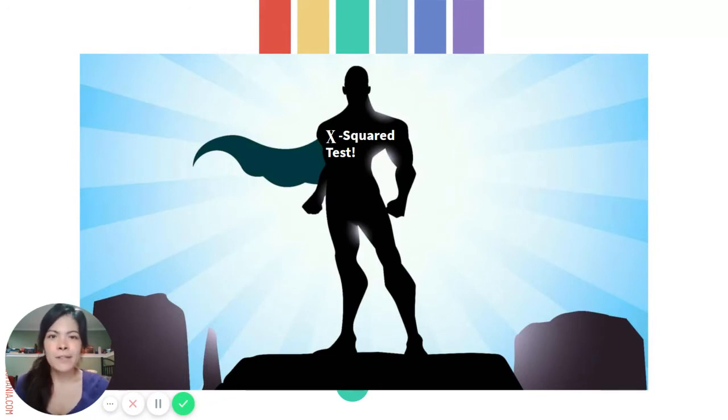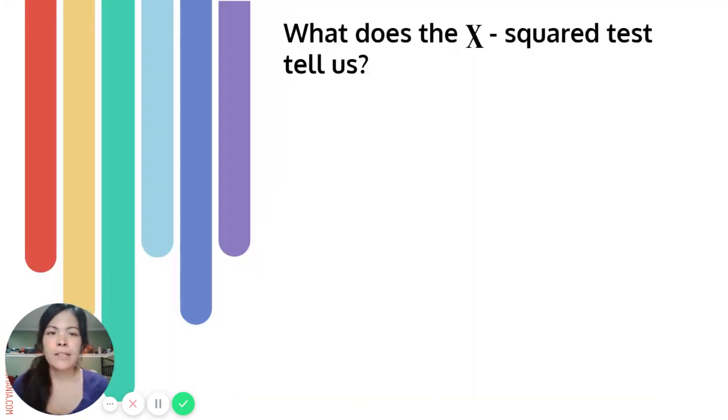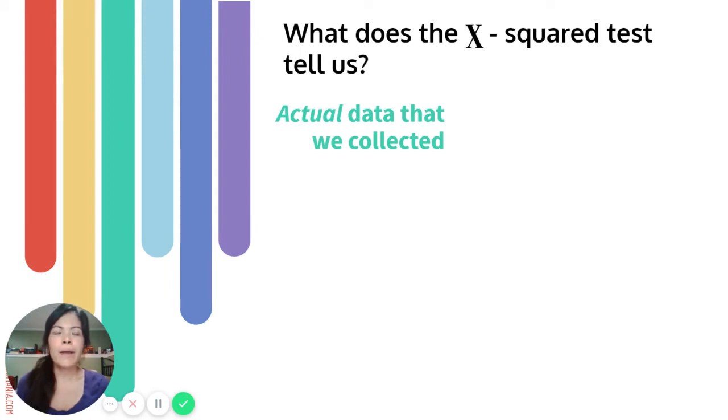It looks like an X, but it's actually a Greek letter pronounced chi. So when you see something written out like this, it's called a chi-squared test. So what does this chi-squared test let us do? Basically, a chi-squared test lets us think about the amount of variability that there is in the world and how that variability is going to impact the actual data that we collect.